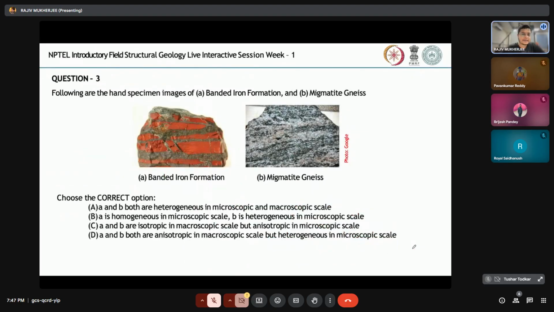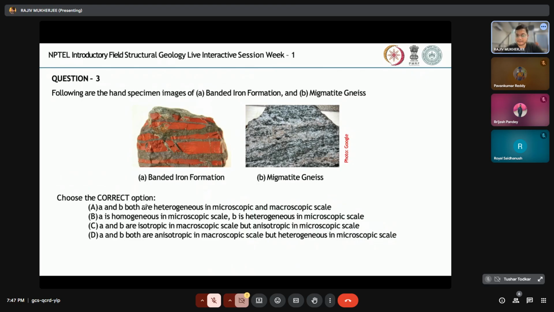Following are the hand specimen images of banded iron formation and migmatitic gneiss. The first one is a sedimentary rock. The second one is a metamorphic rock, right? Then it says choose the correct option, and it is given that A and B both are heterogeneous in microscopic and